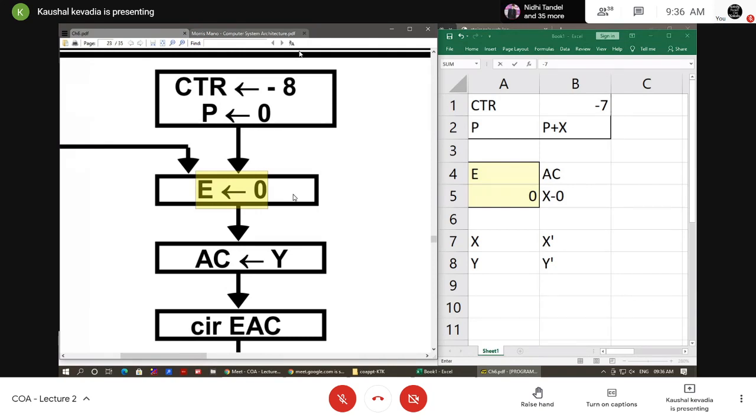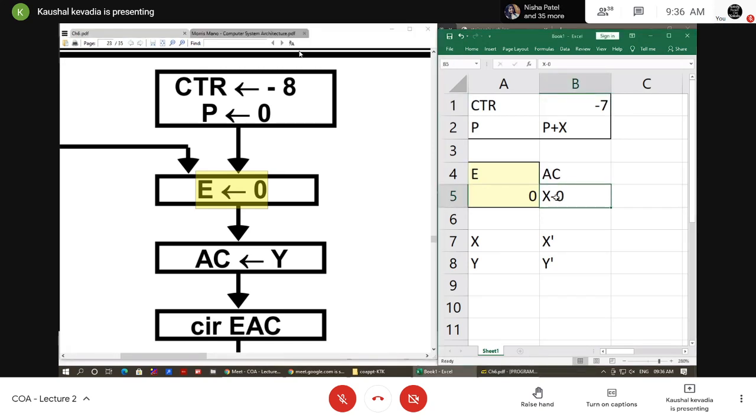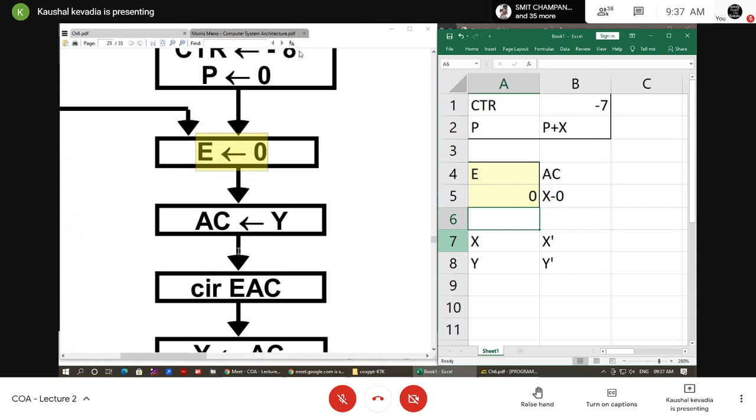Okay, again, why are we setting the E register to 0 here? Because in the accumulator, when I performed the left shift on the X value, if there was a 1, that 1 would have come into the E register after the left shift operation. Initially we set it to 0, but after the shifting operation, suppose a 1 came in, then the E register would hold 1. That's why we are resetting this value of E to 0 before starting the procedure. Getting? Okay, then again we have to repeat this procedure.